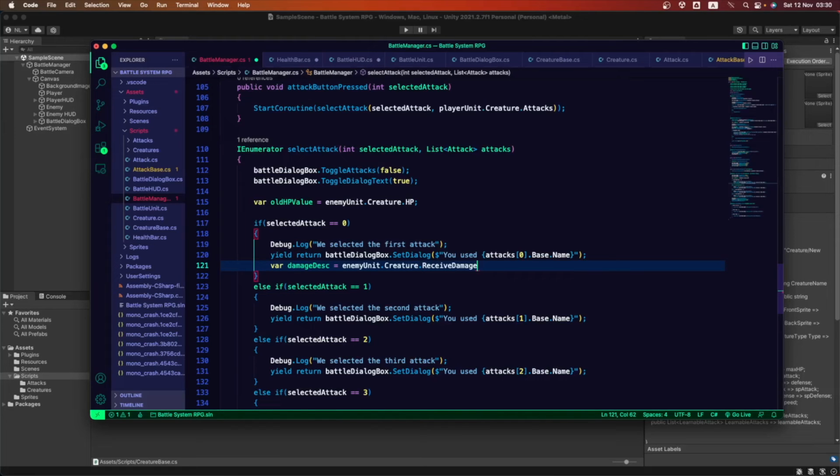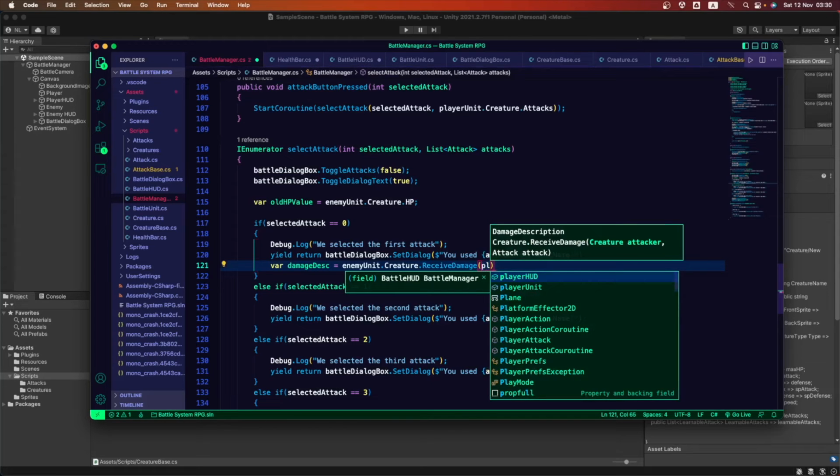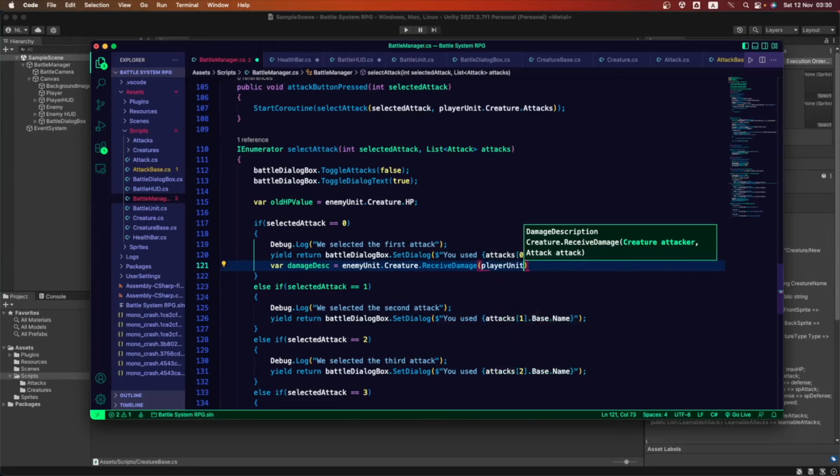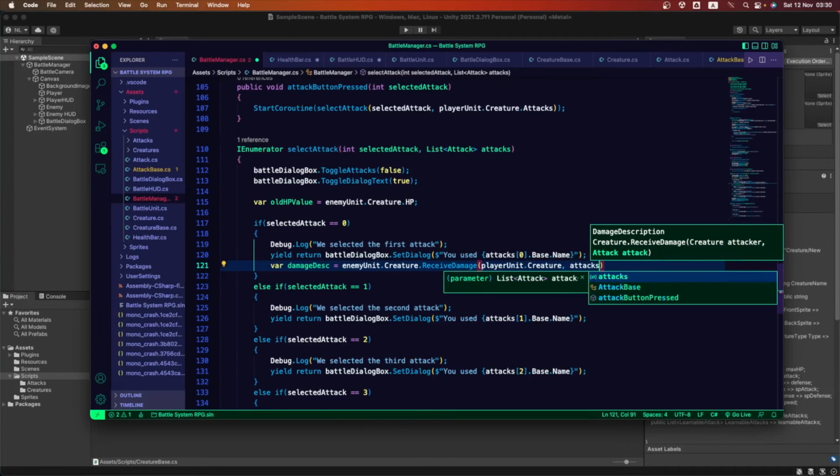This is the inverse. We want to get the receive damage method from the enemy unit, and who is going to damage the enemy? The player unit dot creature. And which attack is going to be the one? The attacks.